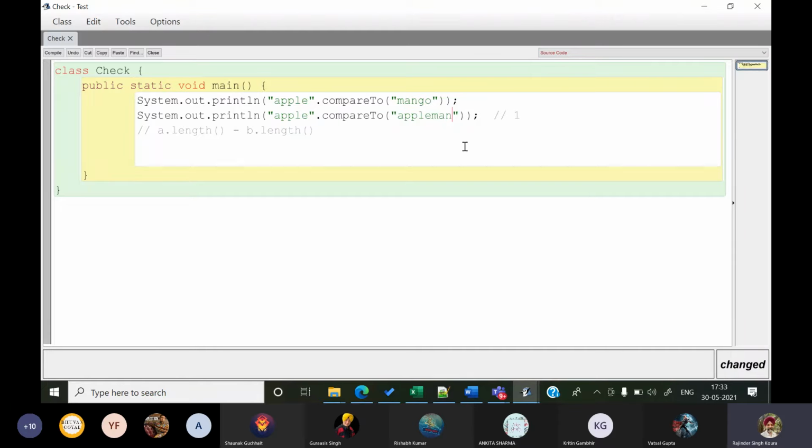If the characters of one of these are exactly the same, अब इसमें हटा देता हूँ. Suppose यहाँ पे मैंने apple mango लिख दिया. अब because इसके अंदर जितने characters हैं, the initial characters of both are exactly the same. और ये string यहीं पे खत्म हो जाती है. अब can it compare m with anything? No, sir. It cannot compare m with anything. So once this kind of a situation is there, it simply returns a dot length minus b dot length. So can you tell me what is it going to return? Minus 5.